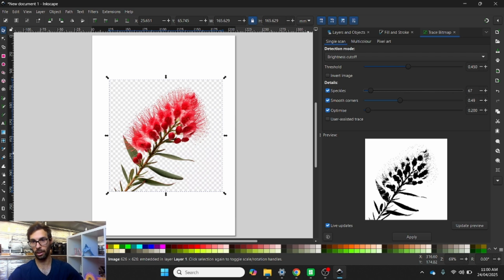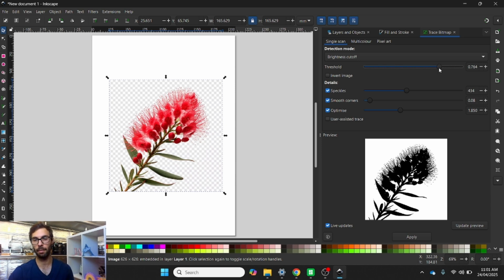So this looks pretty good for what the image is. There's a lot of detail here, and it's done a good job trying to capture most of it. But I can optimize it through here, so I can update preview, and it's smoothing a lot of the corners, so maybe that's too much. I can muck around with these settings. Maybe the threshold. Yeah, there we go. The threshold's probably the one that you want to change most. So if I want to 3D print it, maybe something like that will be good,